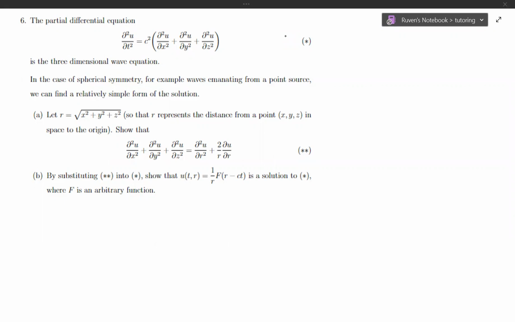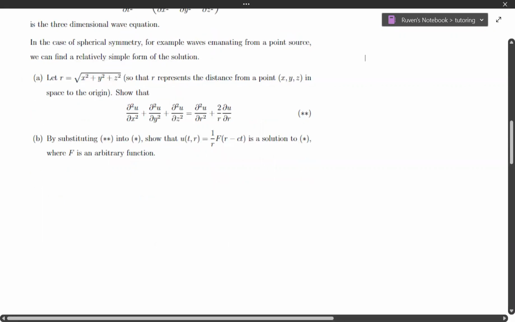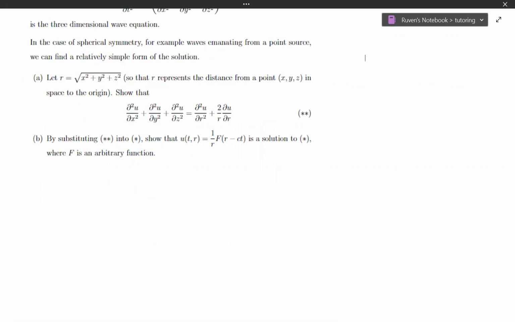In the case of a spherical symmetry, for example, waves emanating from a point source, we can find a relatively simple form of the solution. Let r equal the square root of x squared plus y squared plus z squared, so that r represents the distance from a point x, y, z in space to the origin. Show that